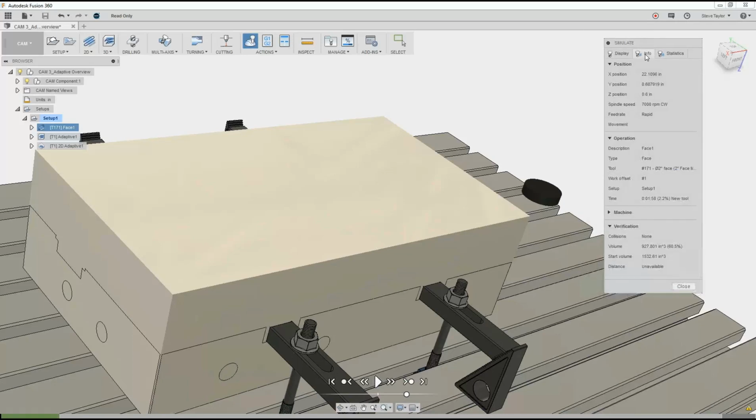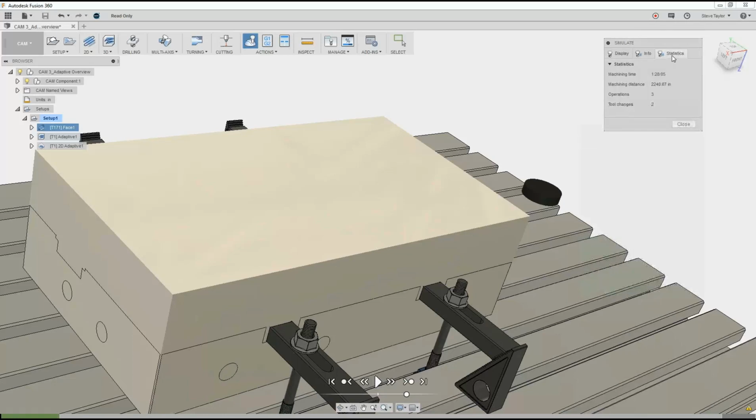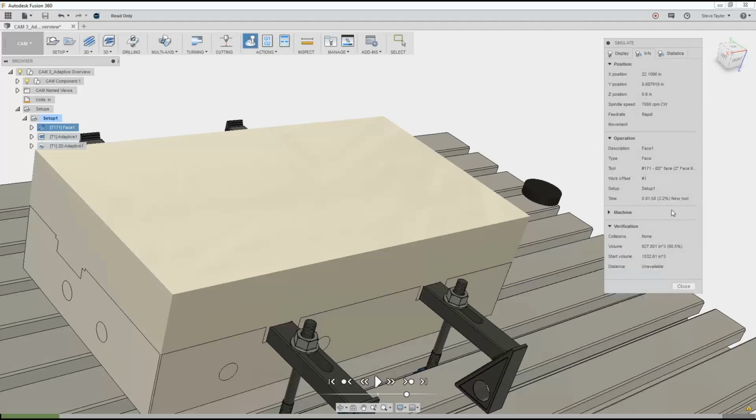Info. This gives us information on the positions of the tools, the speeds and feeds, type of tool, and the statistics, machining time, the distance it's travelled, the number of operations, and the number of tool changes. So we've got all that information in here. If I press play,